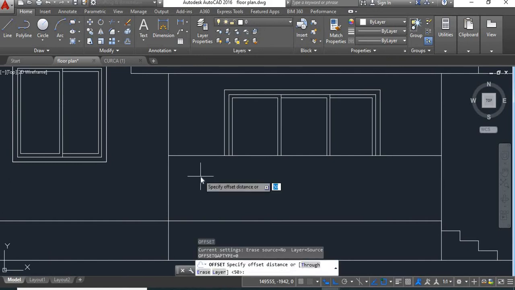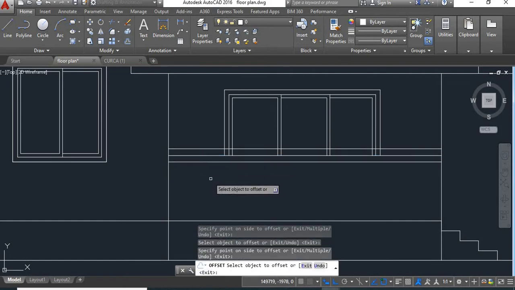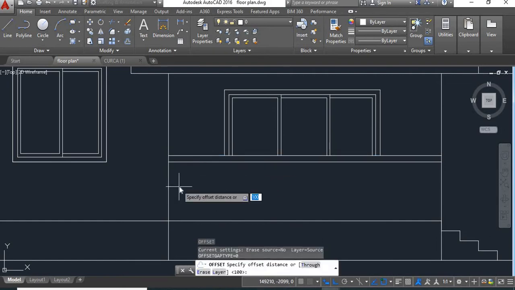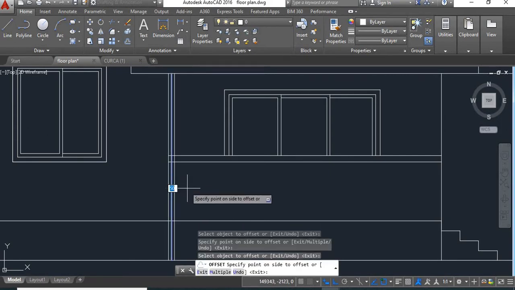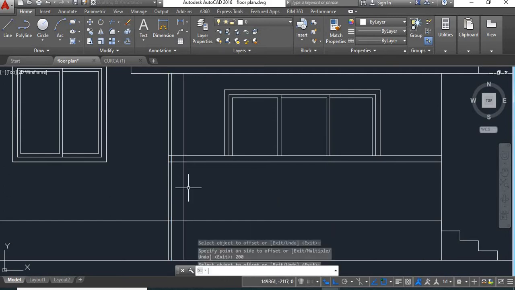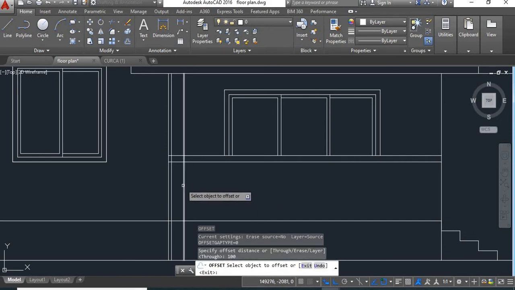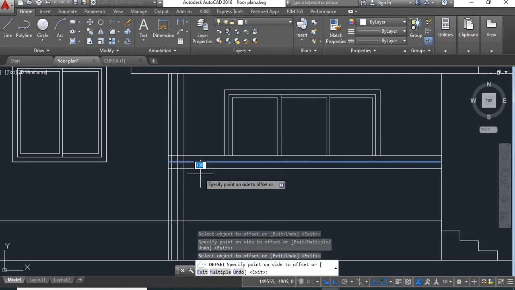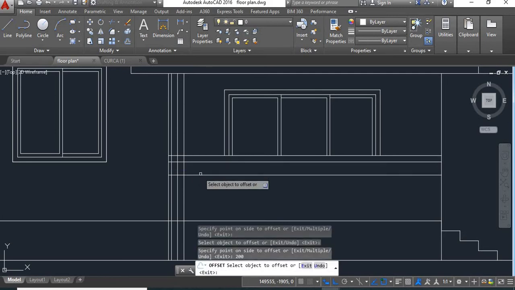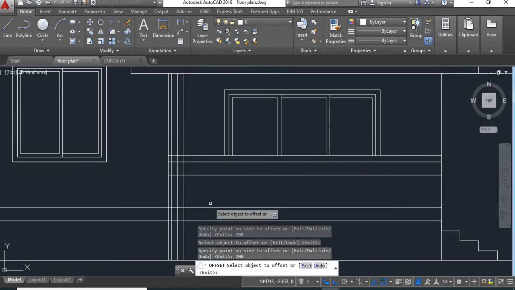Now here we'll show the railing. First we'll give offset of 100 from top. Now give offset of 50 from here to here. From here we'll give offset of 200. So enter. Again give an offset of 100 from here to here. From here to here we'll give offset of 200 and again we'll give offset of 200 from down. Say enter.